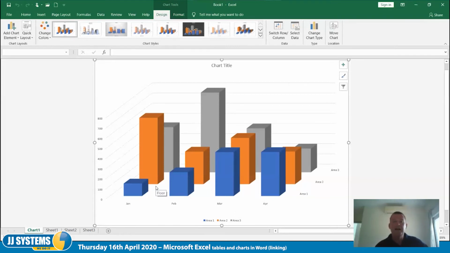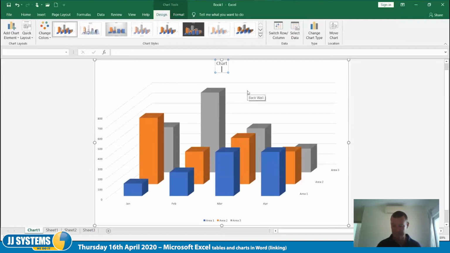Now, I'm not going to go through all of these features because a lot of them are quite dull, unless there's anything you particularly want to know about. But I shall go through them at a pace and slow down for the useful ones. Add chart element. Now, for example, if I wanted to add a title, I can just click on that title there, which says chart title, and I can put in something much more comprehensive and detailed, like